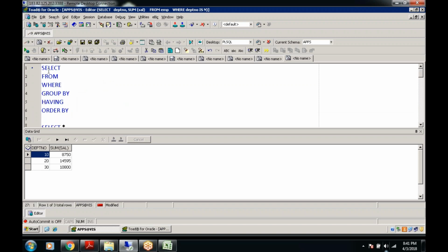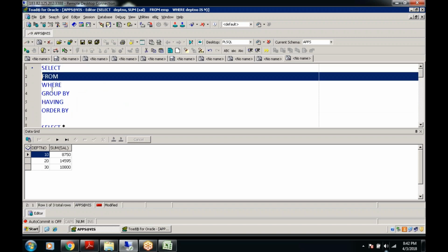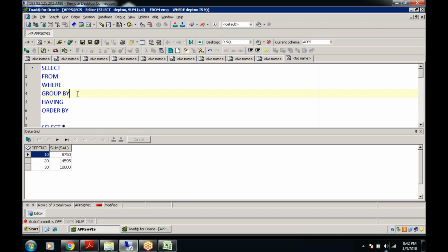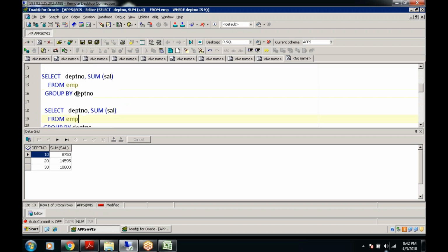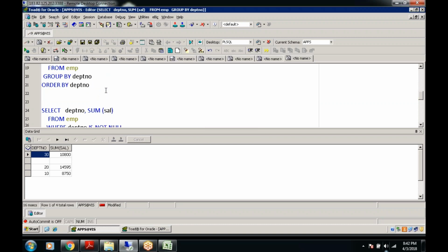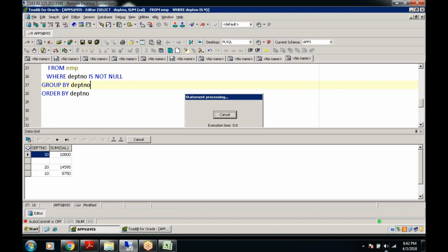When I wrote select item, from item, where item, the group by clause is a thing we use when we use an aggregate function like a sum or an average in combination with another column name. We need a group by, because if we group the whole data set by this column name, then only will it allow me to execute the query. Otherwise, it won't allow me to execute the query.